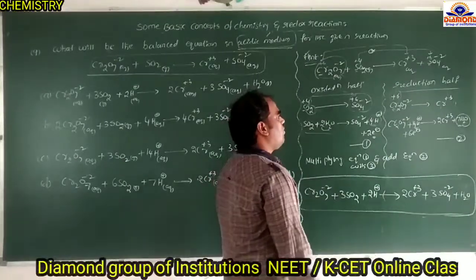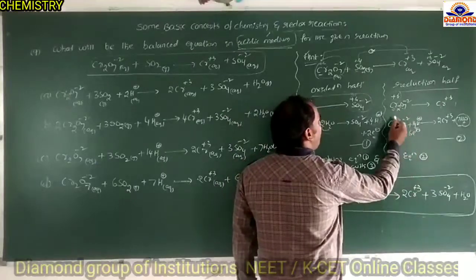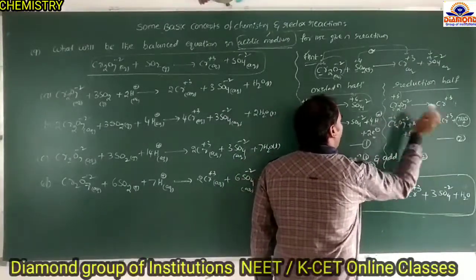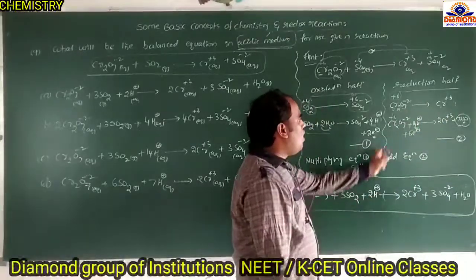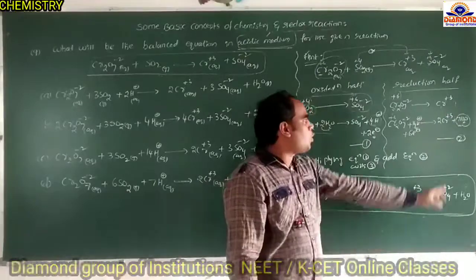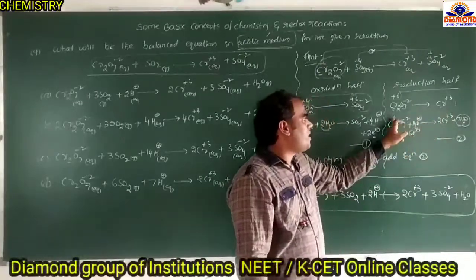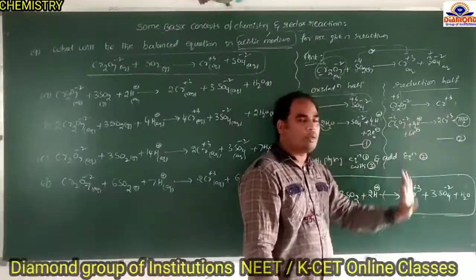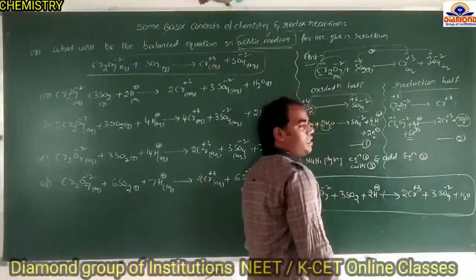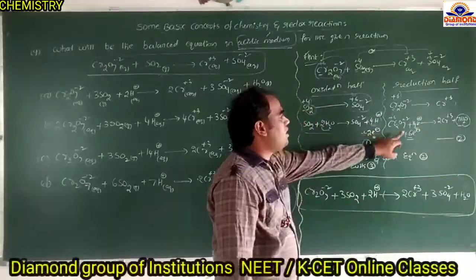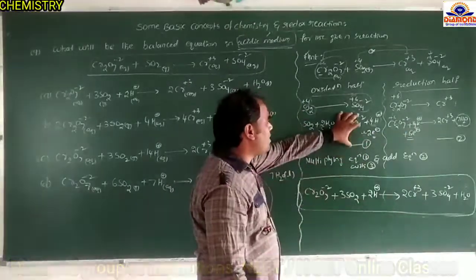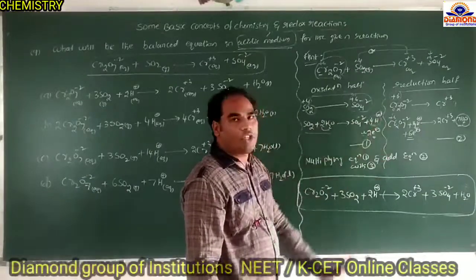Next, the electron difference. Here once you observe, one chromium is in plus 6 and one chromium in plus 3. But here there are two chromiums, so 6 electrons are required. Therefore, 6 electrons. So, this side 2 electrons and that side 6 electrons. The difference is a factor of 3. Therefore, now imagine this is equation 1 and that is equation 2.